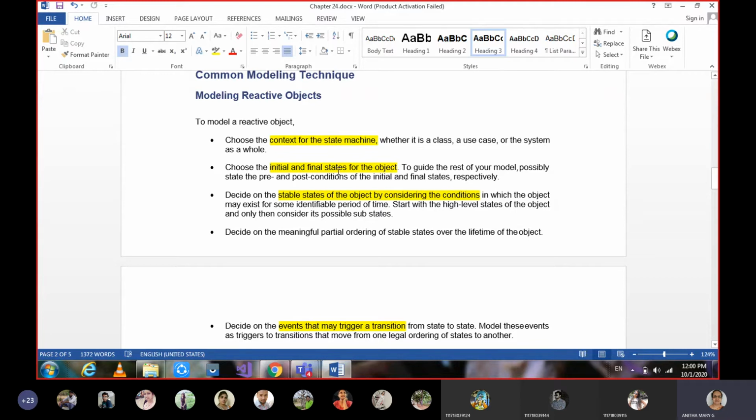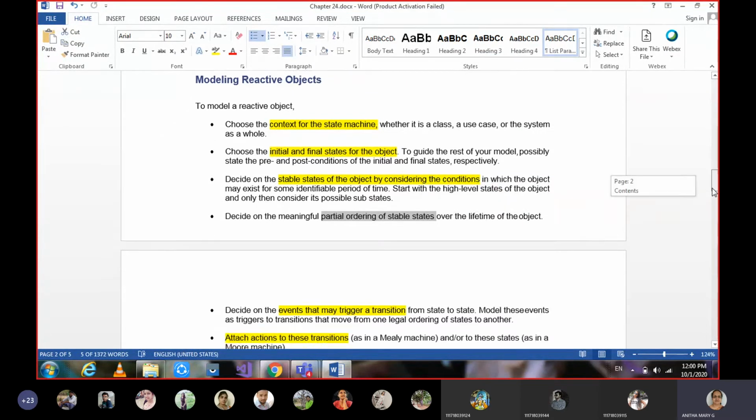You have to think of the initial and final states of that object, by considering the different conditions and the meaningful partial ordering of stable states. Stable means idle states within the life cycle of that object.